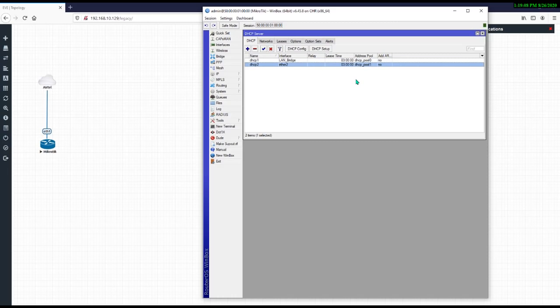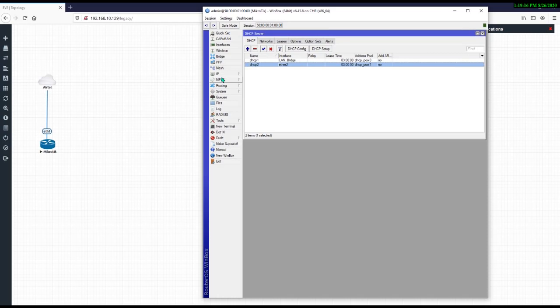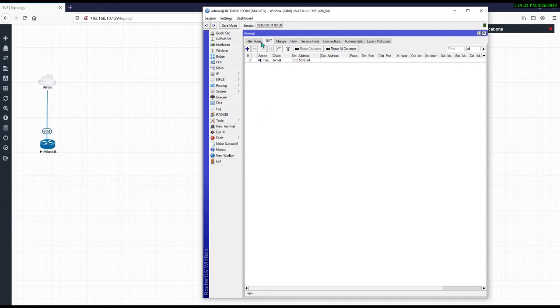Now the same thing we have to do in our firewall section. IP firewall, LAN to WAN configuration, LAN to WAN packet transfer. This rule will transfer the packets. It will help our user to reach the internet. So we have to create the masquerade rule.